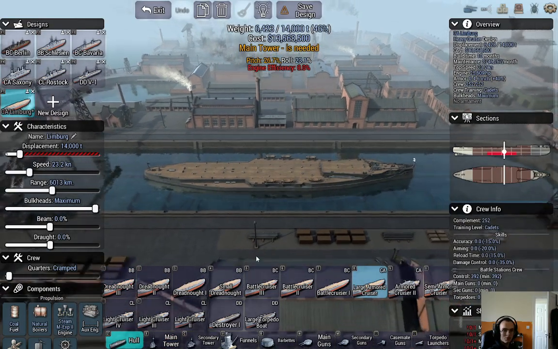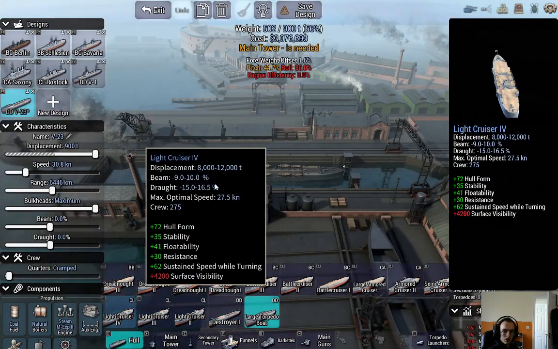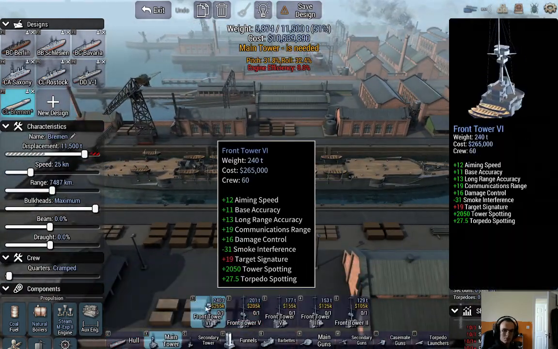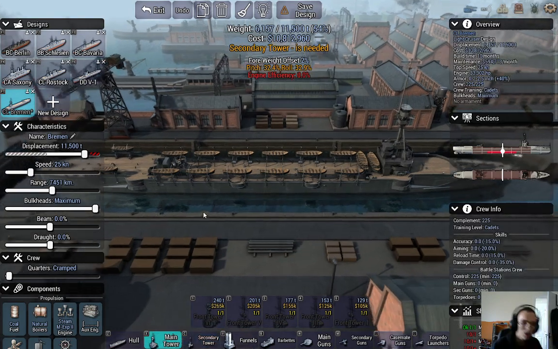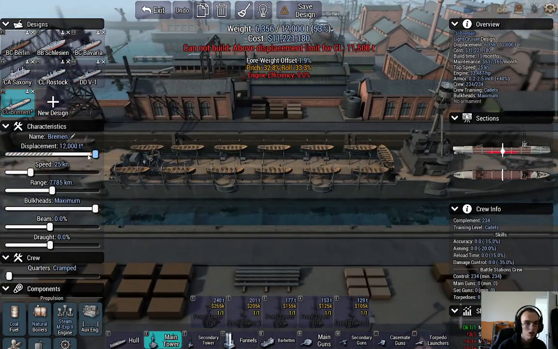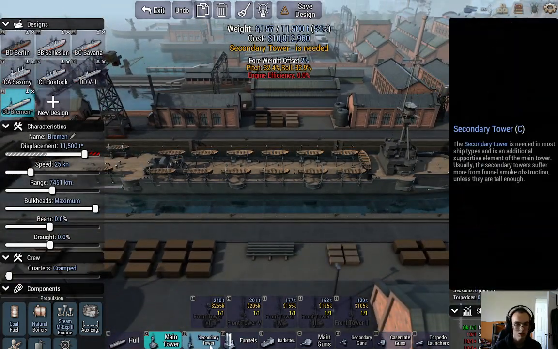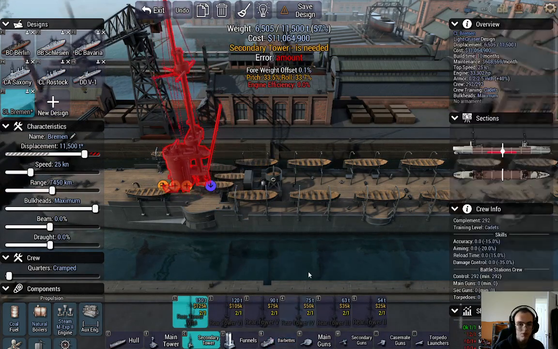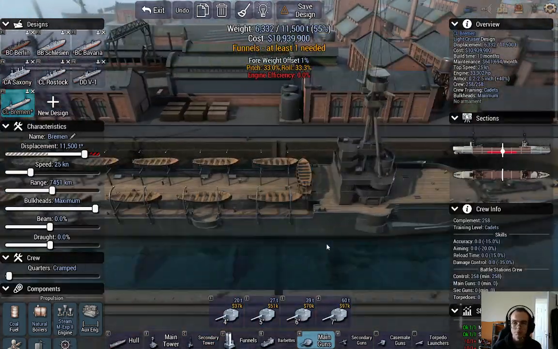That comes later, because we need a light cruiser. The Bremen. 11,500 tons. Got the best available to us secondary tower. Now, gun-wise,